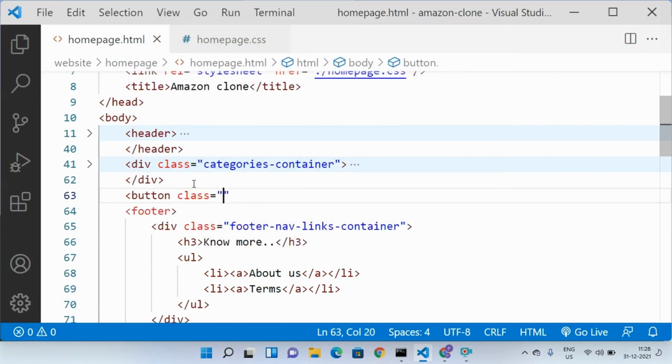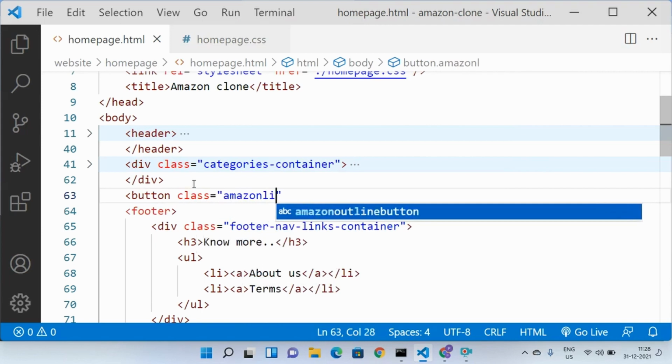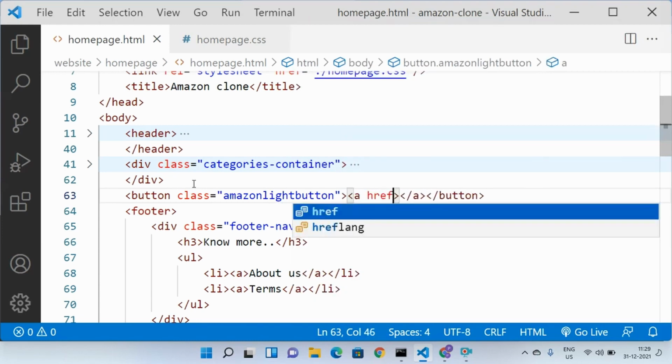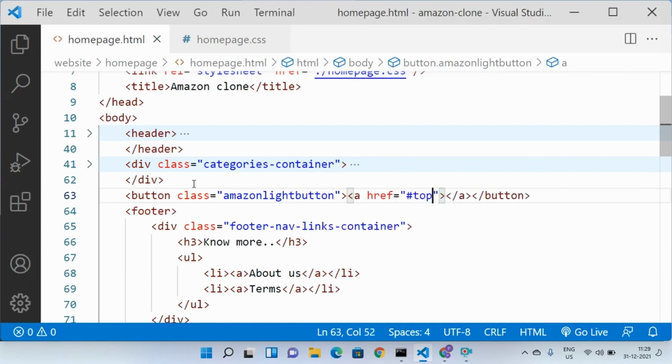Let us give it a class of Amazon light button, and here let us give it an anchor tag with href #top.